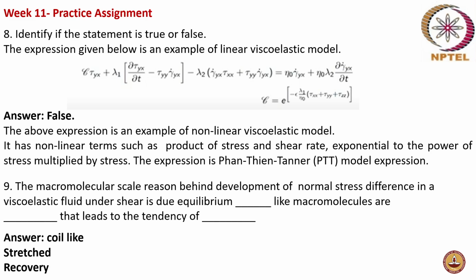So what happens is that this creates a normal stress and a pushing. Between the plates, the plates are pushed apart. So this is what creates a normal stress difference. There is a perpendicular force happening. So in order to maintain the gap constant, since the plates are pushed apart due to the inherent elasticity in the material, you have to apply a normal stress in order to maintain the gap. So this is the structural reason behind the normal stress difference in a viscoelastic fluid. Okay,